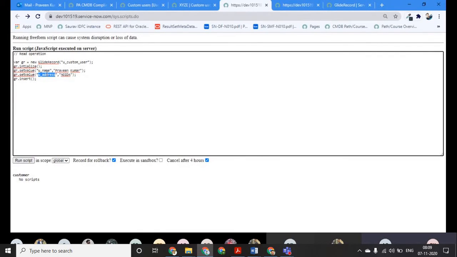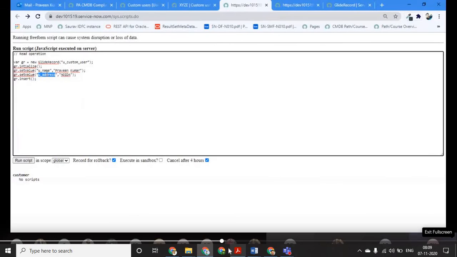Suppose I have added some values and modified some values. Inserting some record and updating some record at the same time. Okay, so there is no sense of using both of them together.